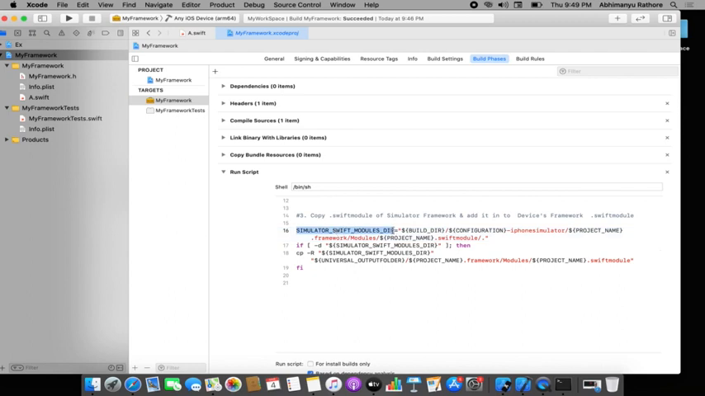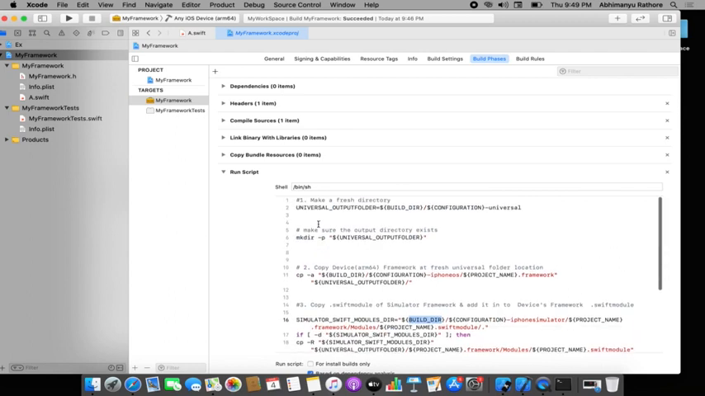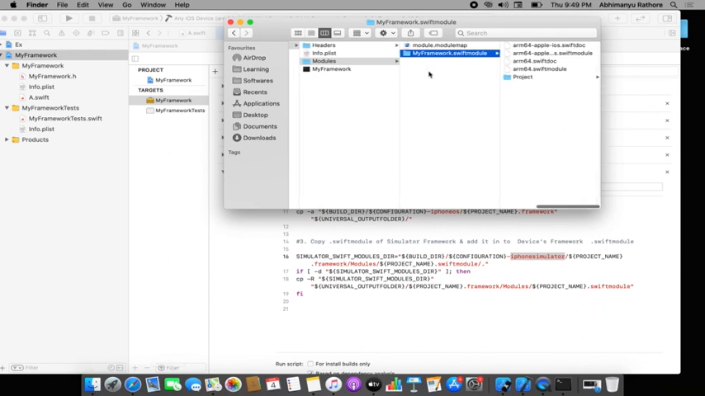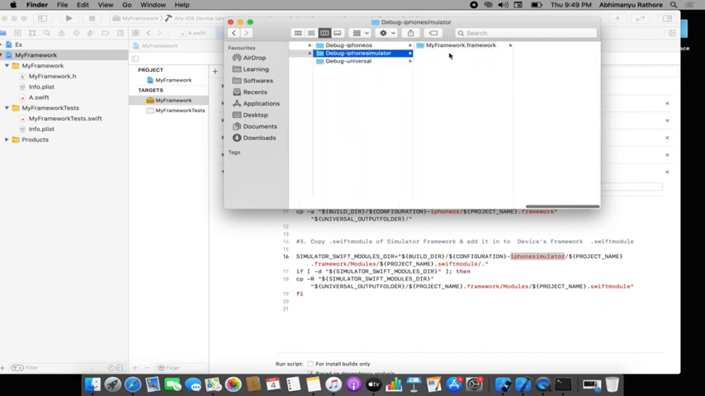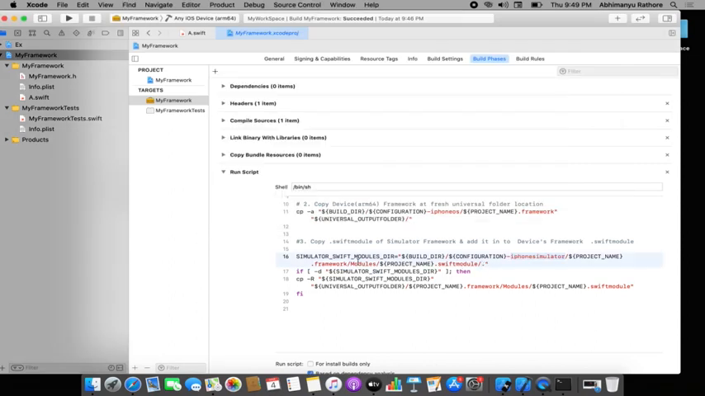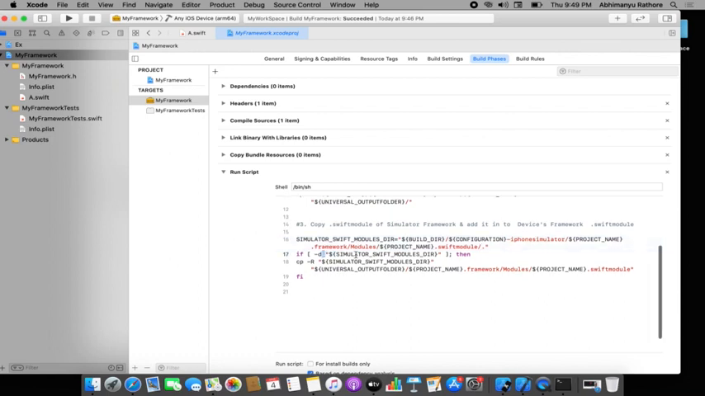The simulator swift module directory, it is creating first, same like the universal output directory. So it goes to the build directory and the configuration, iPhone simulator, and checks if it exists, then I'll only work. So Debug iPhone simulator is there, and it will check if project name .framework is there, then check if modules is there, and then the .swift module, and the rest of the things inside this module will be copied if the directory is available, right? If the directory is available,